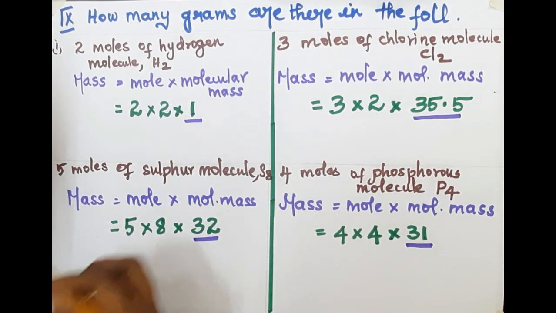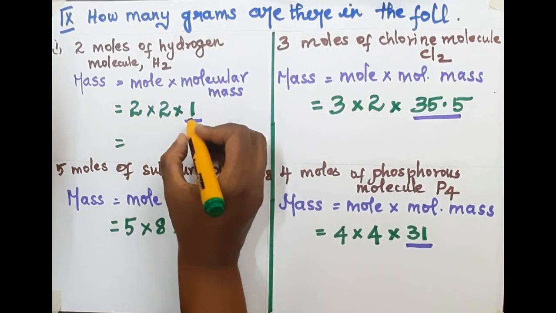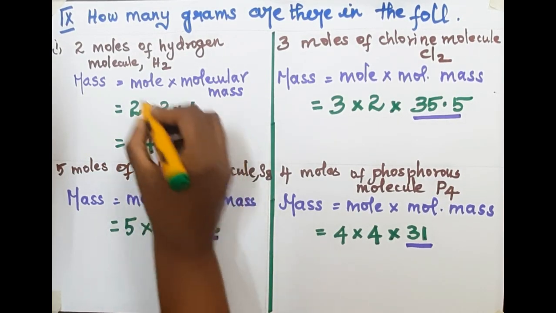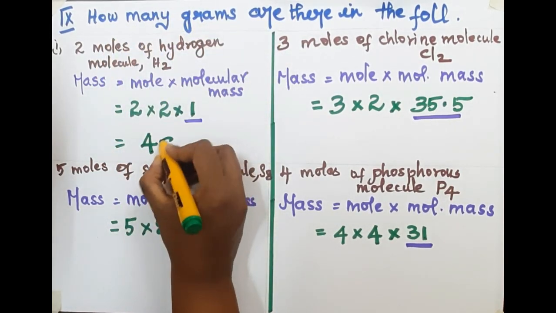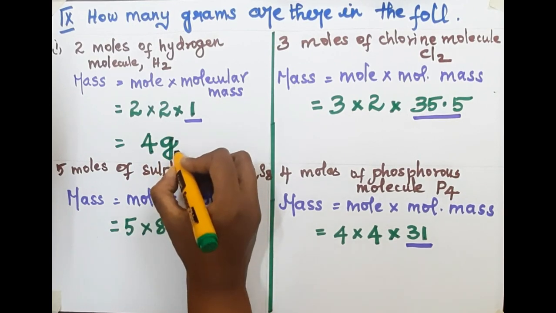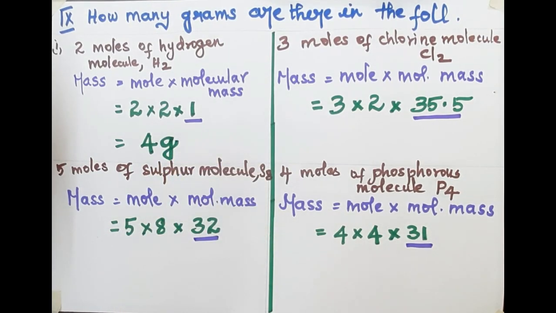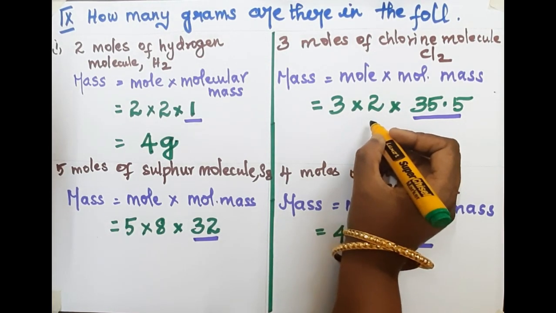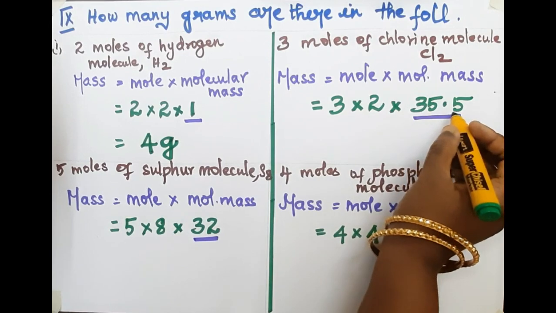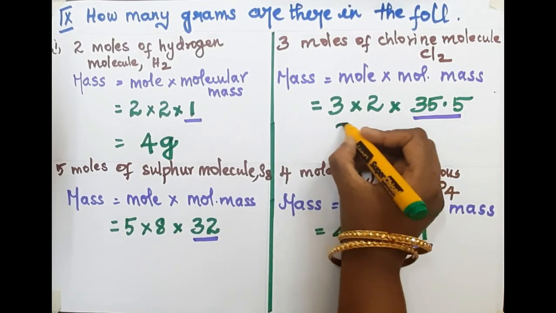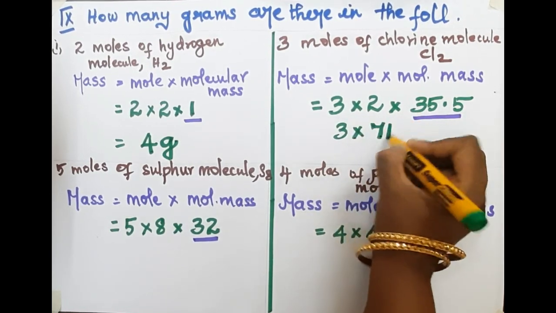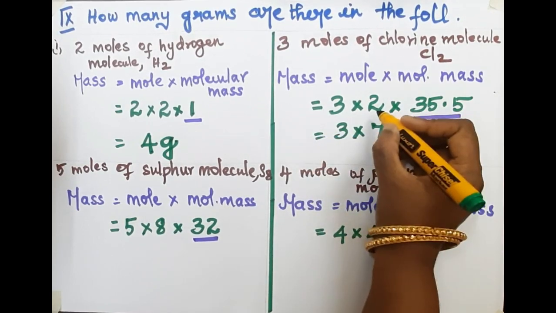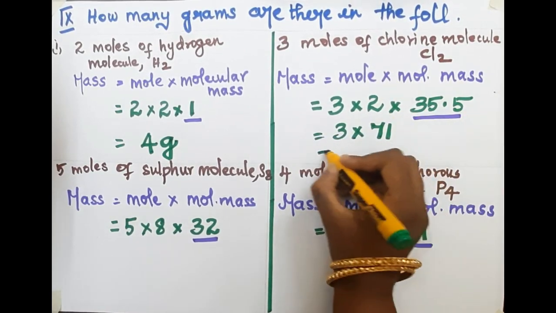Now I am going to multiply it. 2 into 2 into 1, that is 4. And since it is asked how many grams, you have to put G. This G is very important, children. If you forget to write G, then you will lose your mark. Next, 3 into 2 into 35.5. So ultimately it is 3 into 71. See here, 35.5 into 2 is 71. So the answer is